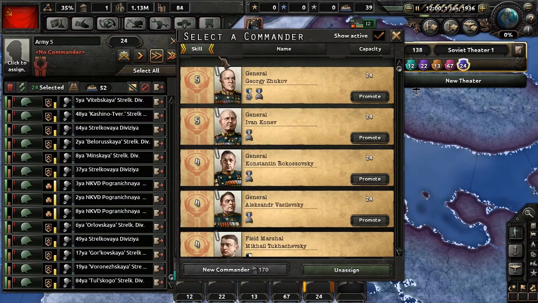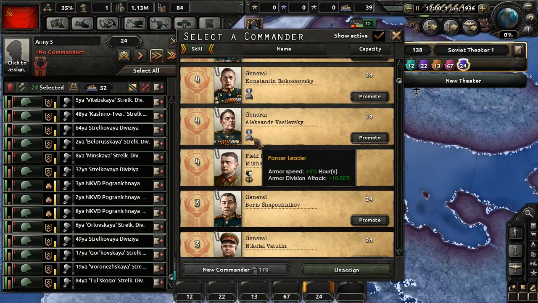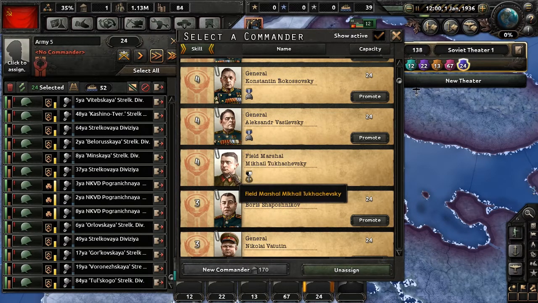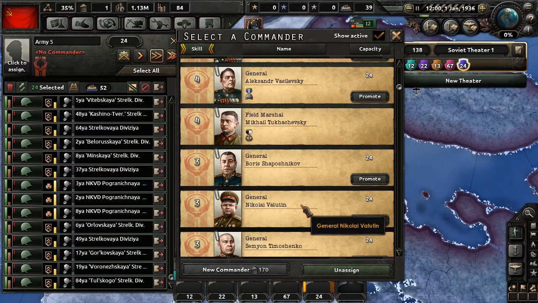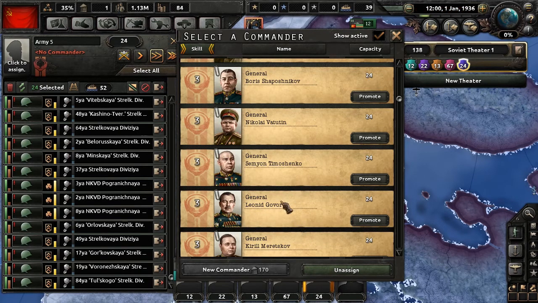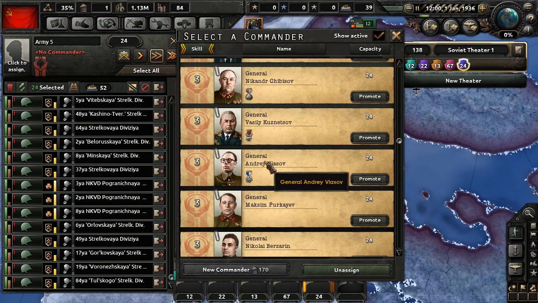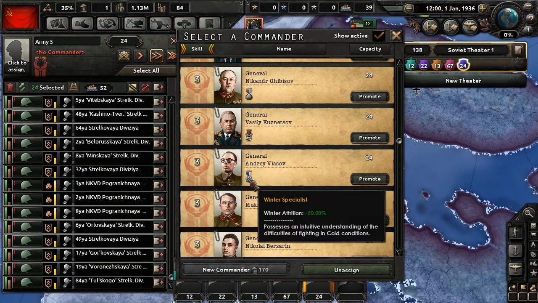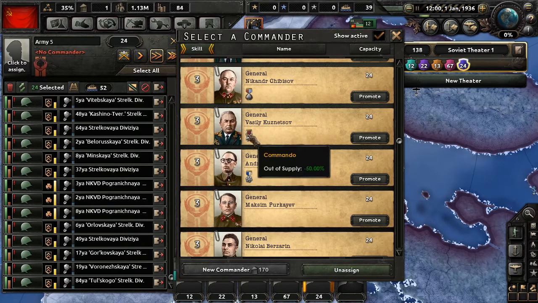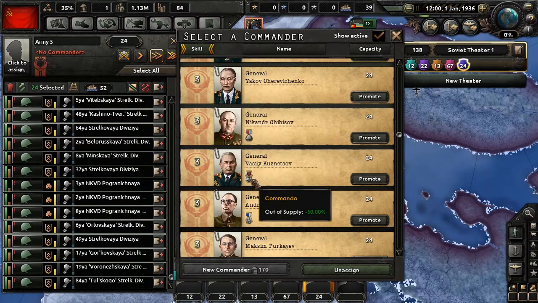And you are gonna get someone skilled, preferably. Sort by skill. And these guys are army. Tank generals. This is gonna be a smaller one. So many generals. Winter specialist. And a trickster. I think...